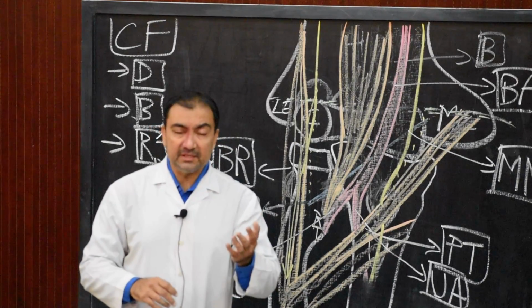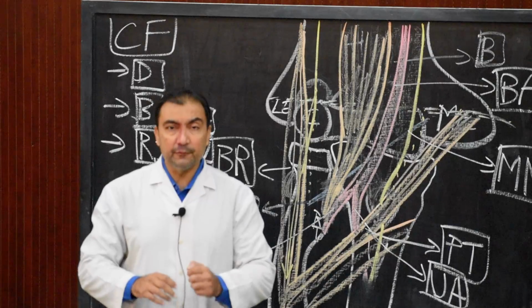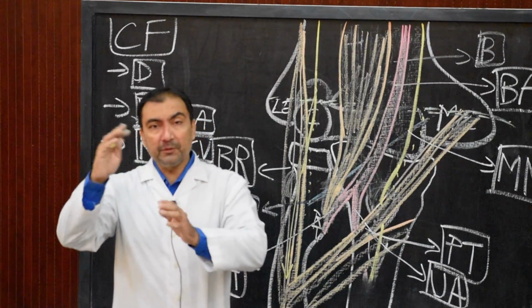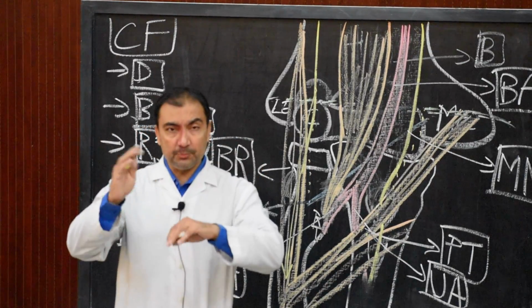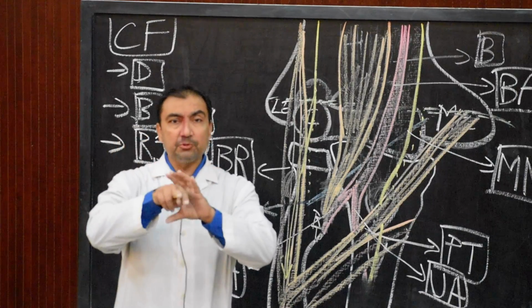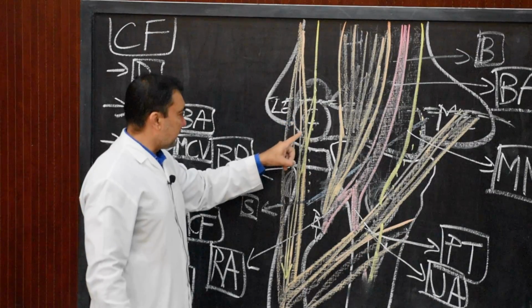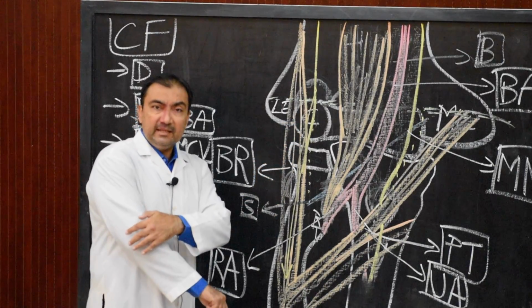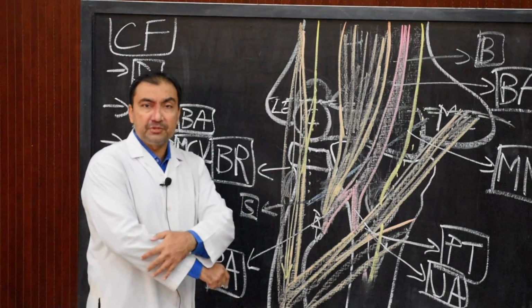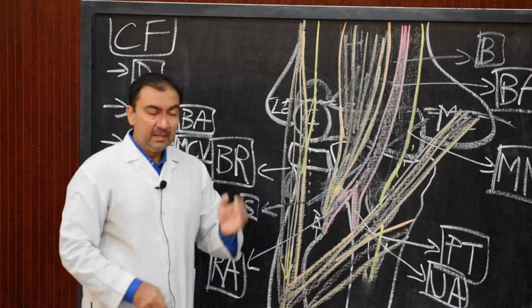The supinator muscle, which is a muscle of the extensor compartment of the forearm, consists of a superficial stratum and a deep stratum, that is, a superficial and a deep head. Between these two strata of the supinator muscle, the deep branch of the radial nerve will pass, and it will continue as the posterior interosseous nerve in the posterior compartment of the forearm.